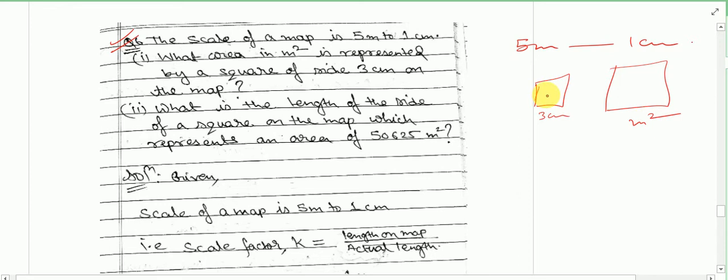Like if the image of a square on the map is drawn with a side of 3 centimeter, then what would be the area of the actual one? And second, what is the length of the side of a square on the map which represents an area of this much? Now they want to know that if there is one square whose area is